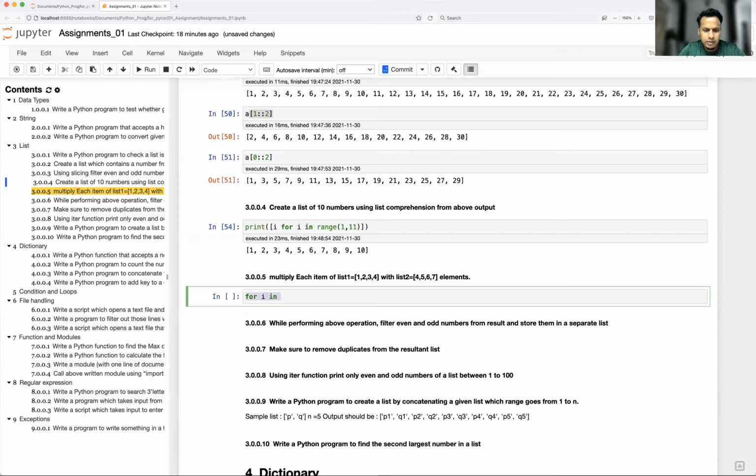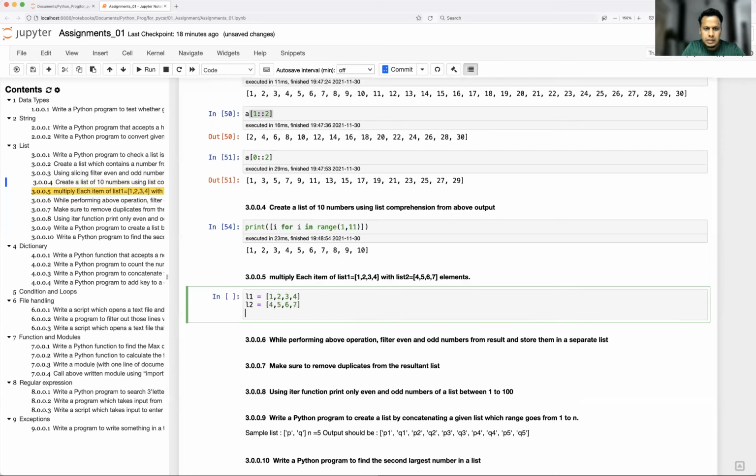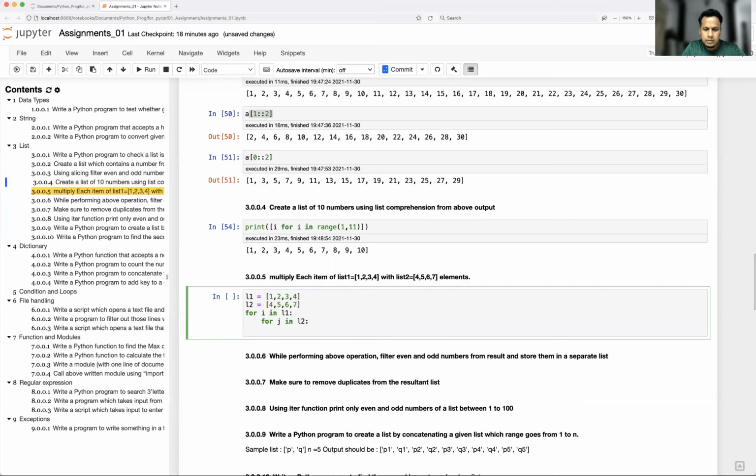Let's say I have L1 equal to 1, 2, 3, 4 and L2 equal to 4, 5, 6, and 7. For i in L1, for j in L2.